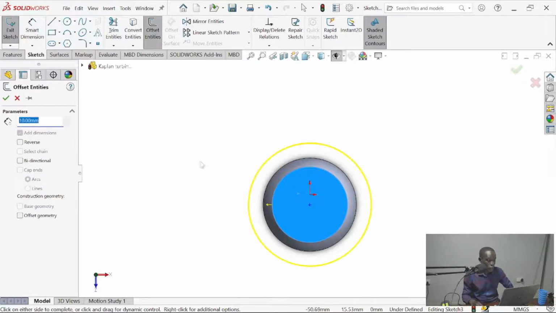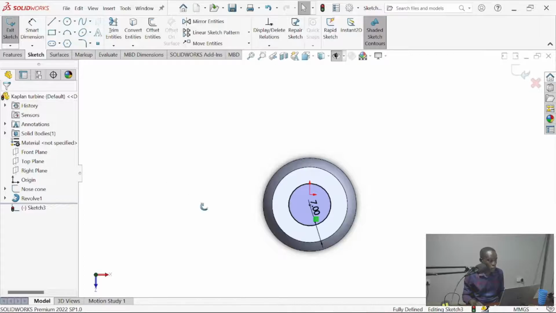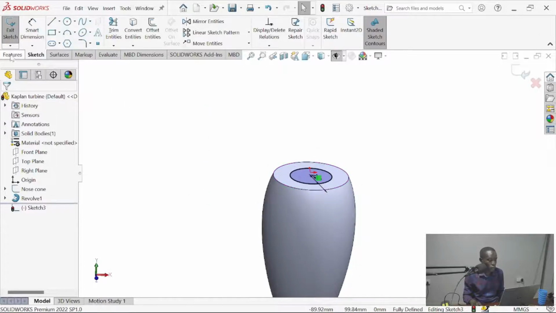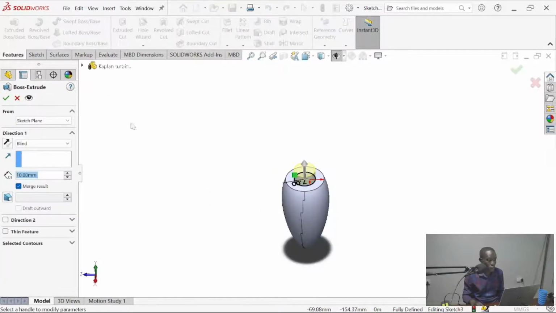Then select offset. You already highlighted this. And then we go reverse. Let's try 5, 7. Okay. That will work. Extrude by 5.